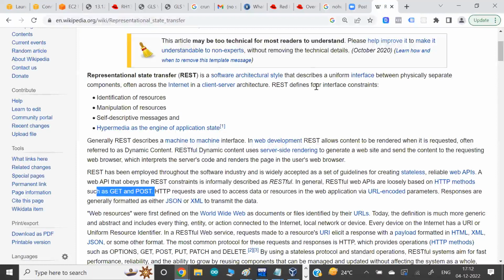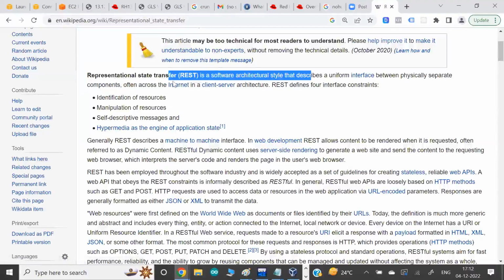They help you design a very standard architectural pattern. Guys, right now it's hard to understand this concept. If you are very new in this world, don't worry. As we progress, I will explain these concepts to you.